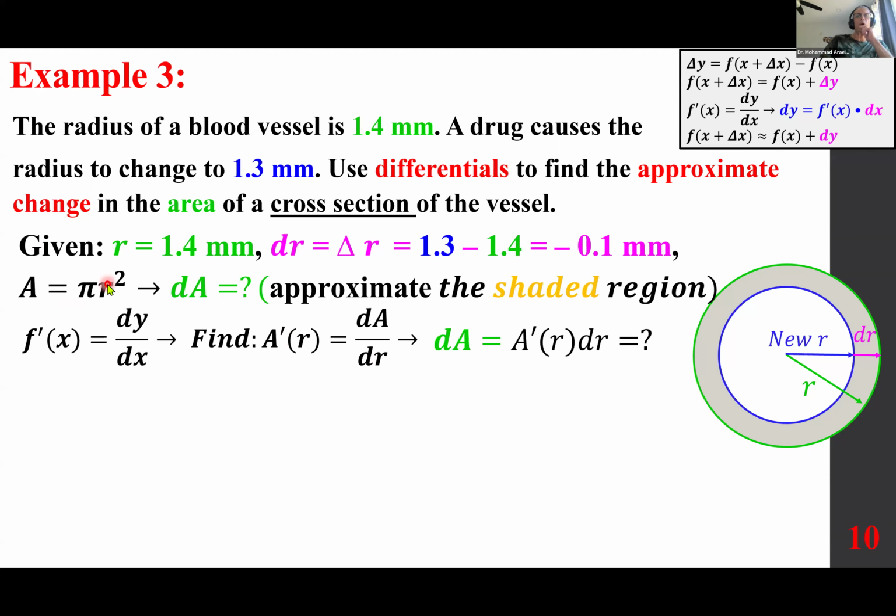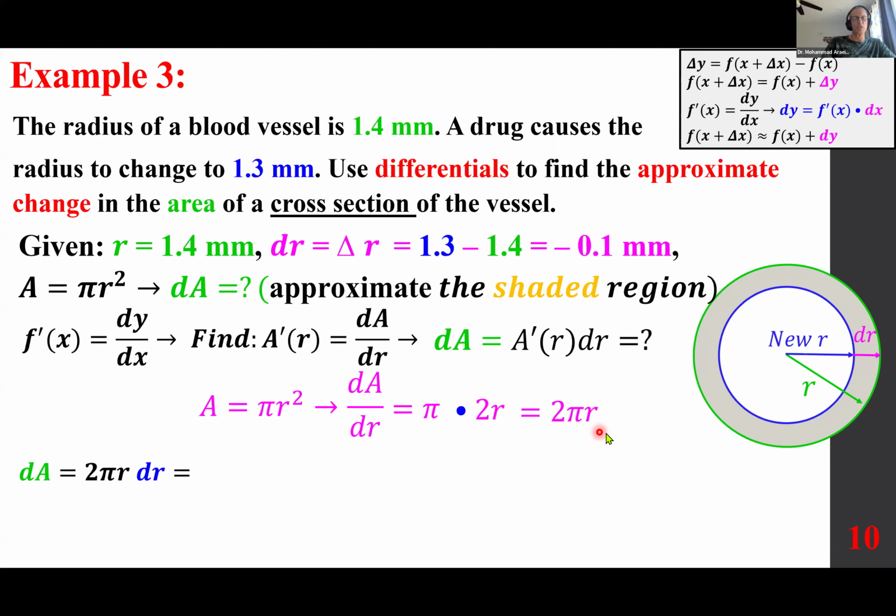So we start with A equals pi r squared, and we want to find dA/dr. Pi is just a coefficient, and it's going to remain as a multiplier. Now we're going to differentiate r squared with respect to r, and we get 2r, simply 2 pi r. So that's A prime of r, or dA/dr. What is dA? The product of the two, 2 pi r dr, which means now we can evaluate this by